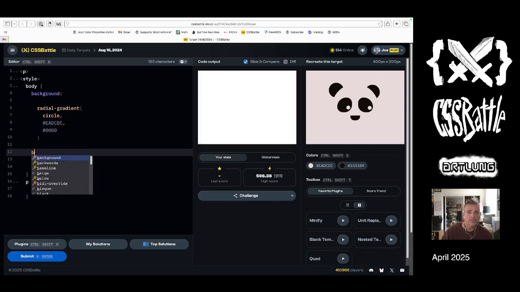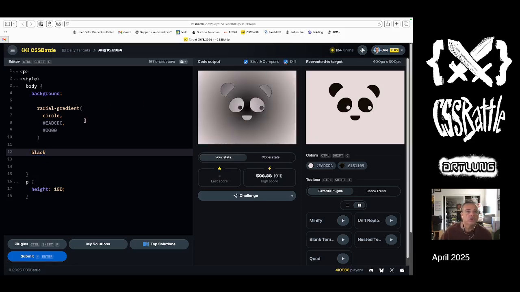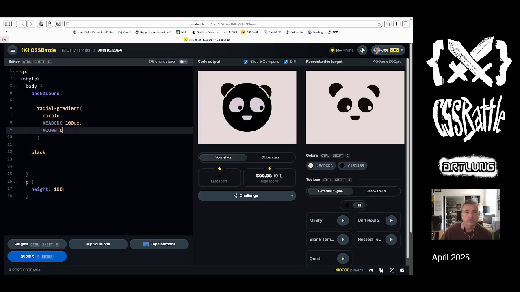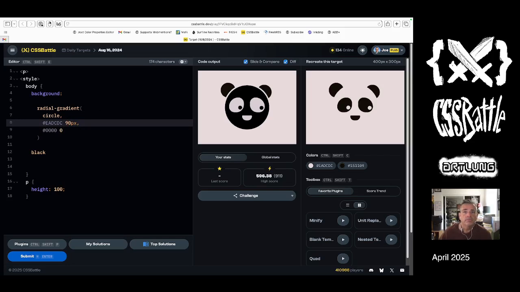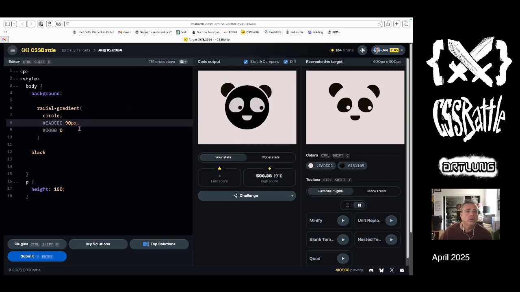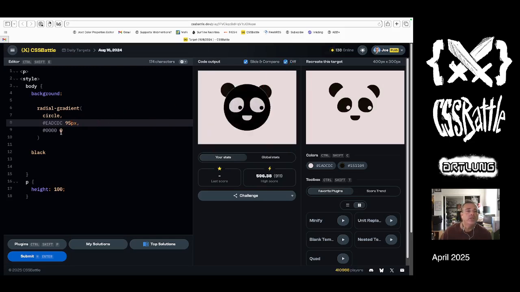I want to put black in the background. Okay, so is this circle centered? That's our first question, I guess. And it looks like it might be. Right? So 95 is the radius of that. So if we do that, then